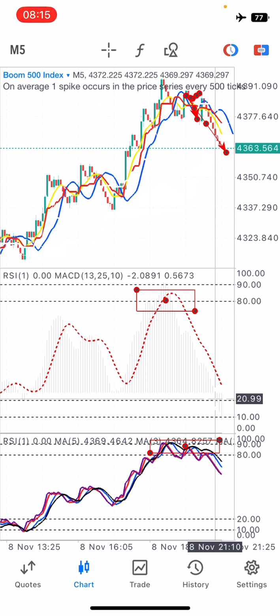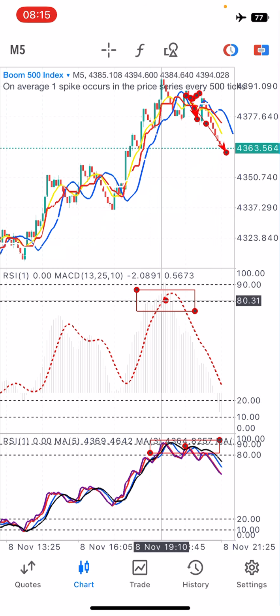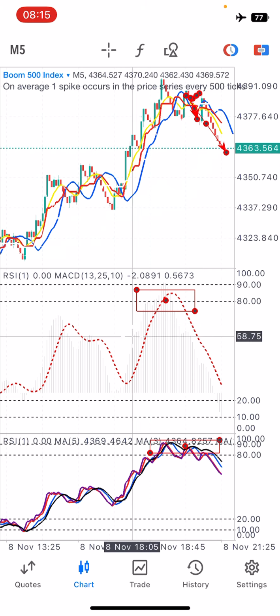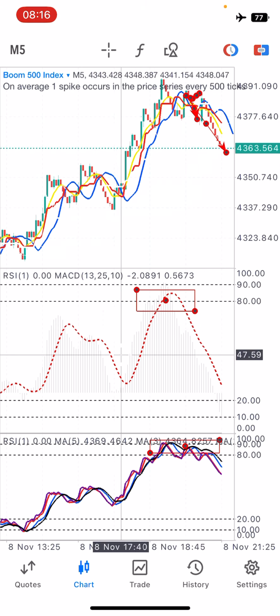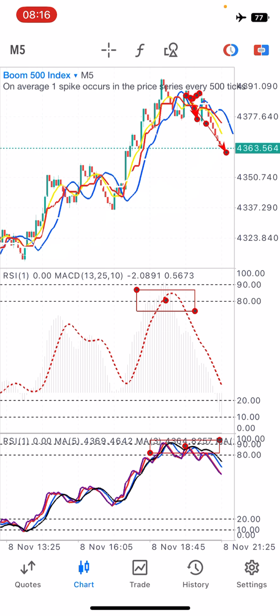That's how far you hold that trade. Okay, so your take profit will be guided by this MACD, this middle indicator window. That's what's going to guide your trade. Okay, if you're going to go to a 15-minute time frame now